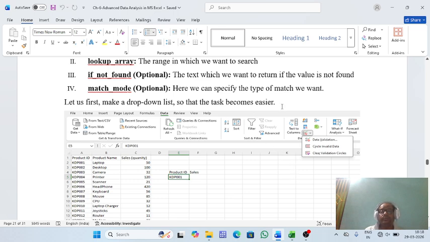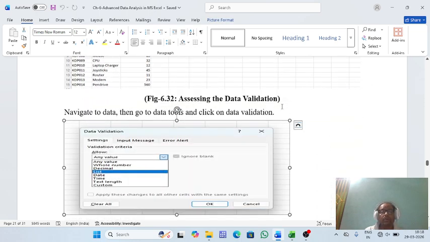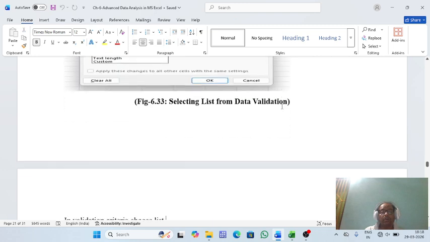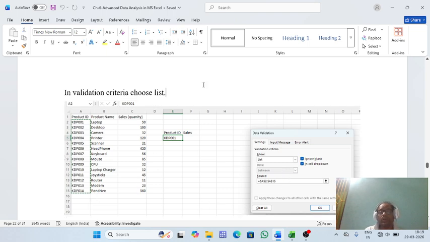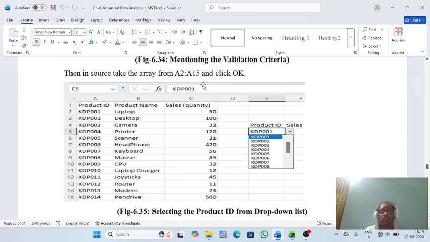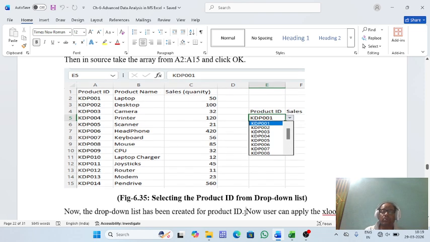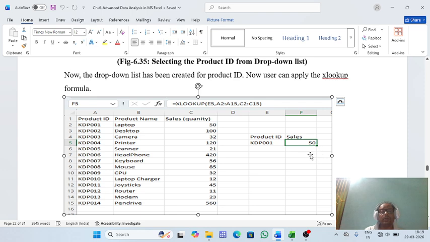Then you have to click on data validation. Once you click on data validation, then I have to click on list. Allow list from the product ID A2 to A15, and then I click OK. Once you do that, you'll get a drop down list here, and then you'll put in the formula of XLOOKUP here. XLOOKUP is equal to E5, A2 to A15, C2 to C15, and this will show you the